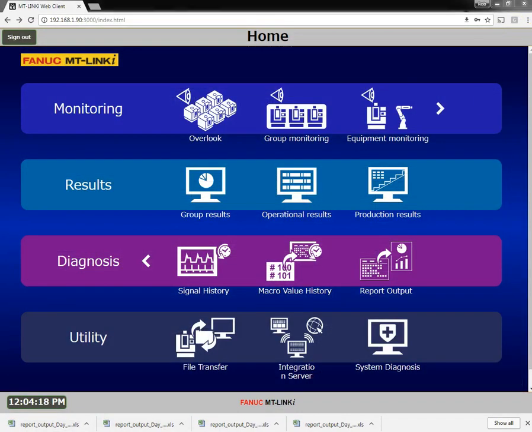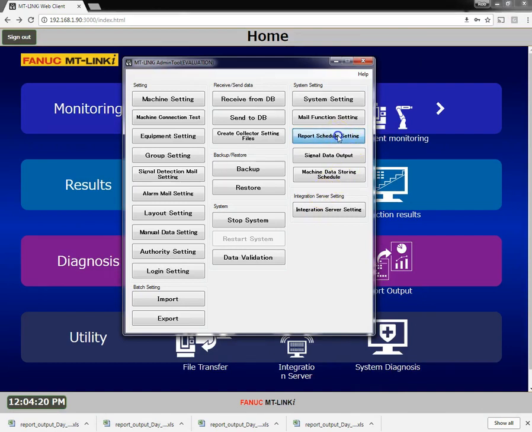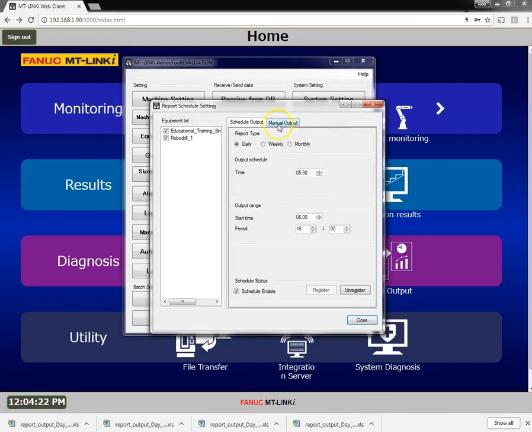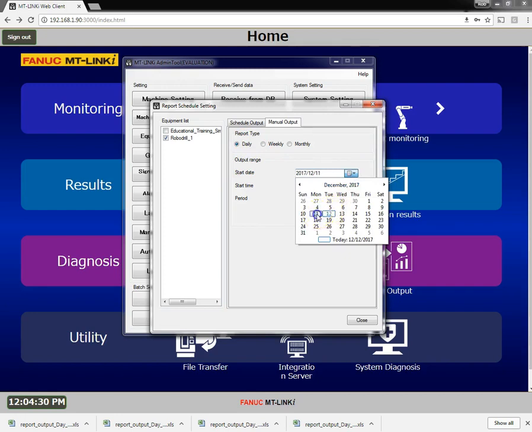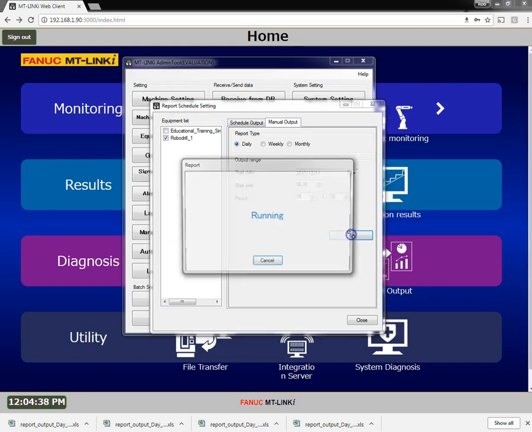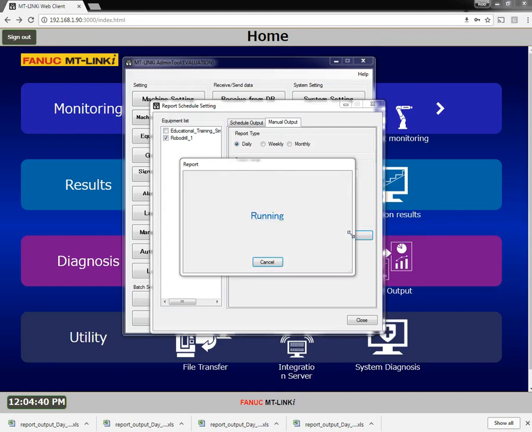Go back to our admin tool, report schedule setting. We'll select manual output, select our machine. I'm going to do daily, and I'll set this up for yesterday. And start time 6 a.m. I'll do 16 hours. I'll hit run. Report is completed,